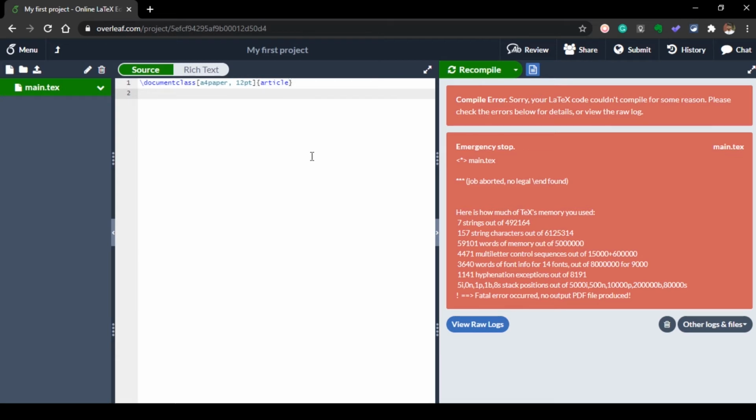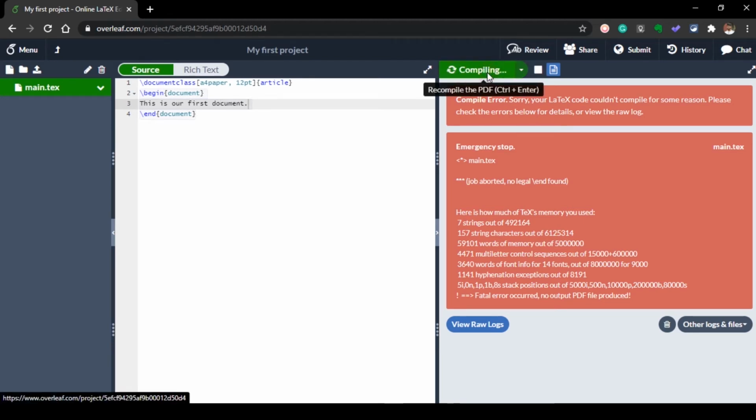Now we will begin our document. So for this, we have a command to begin the document. So let's type in backslash begin. And inside the curly bracket, type in document. And as you can see, it automatically created an end tag for the begin tag. So they come in a pair. Now, whatever we write between these two tags, it will be previewed here. So let's type in this is our first document. Now, if we click recompile,